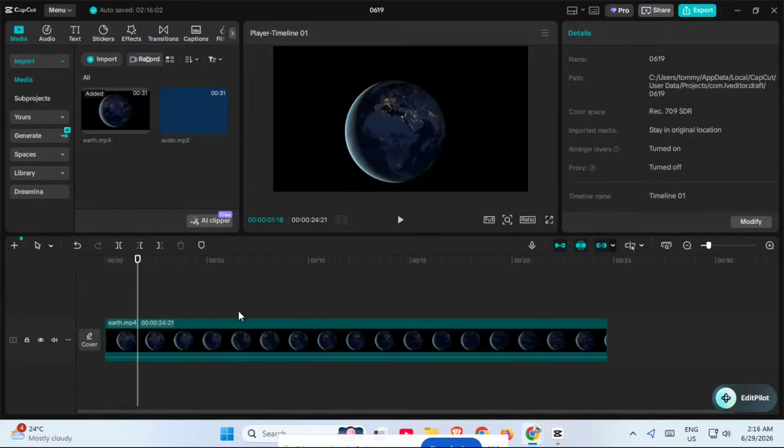If you want to quickly shorten the duration of a video in CapCut, you're in the right place. In this tutorial, I'll show you the easiest way to trim your clip so you can remove unwanted parts and make your video the exact length you want. This is a super useful skill, whether you're editing short-form content, cleaning up a timeline, or just making your video